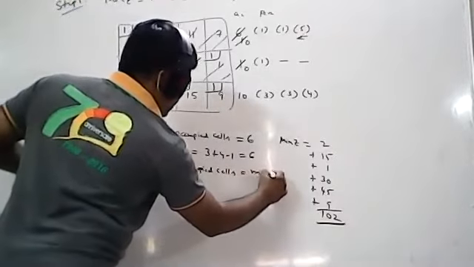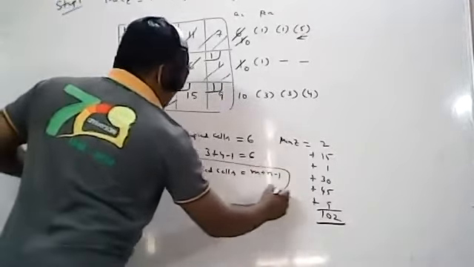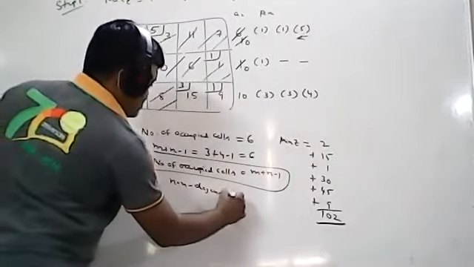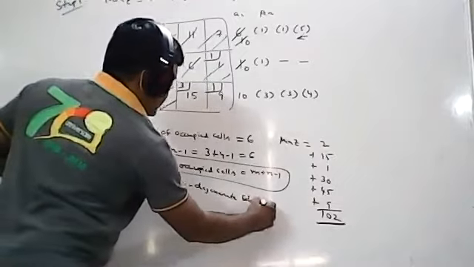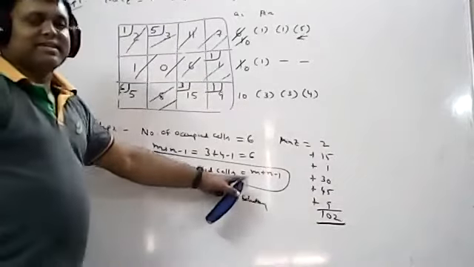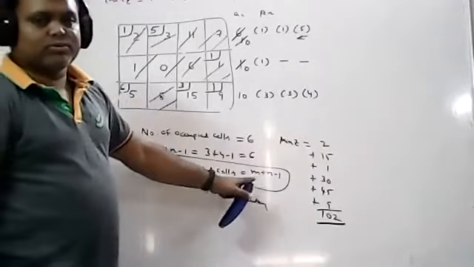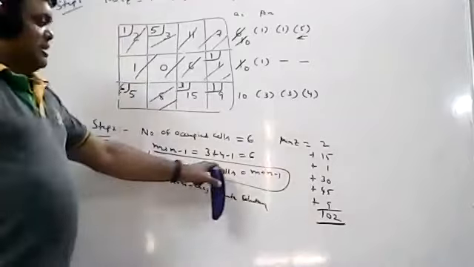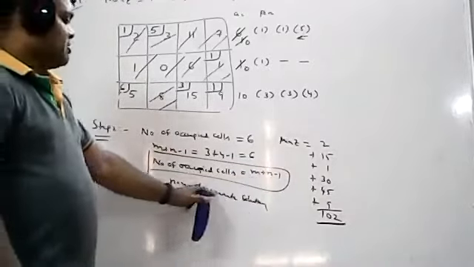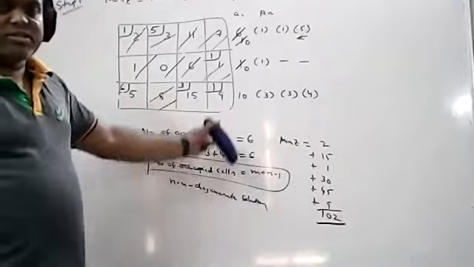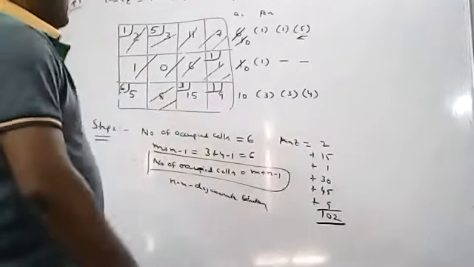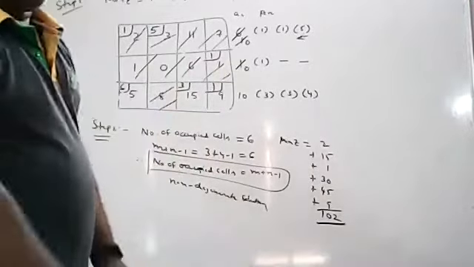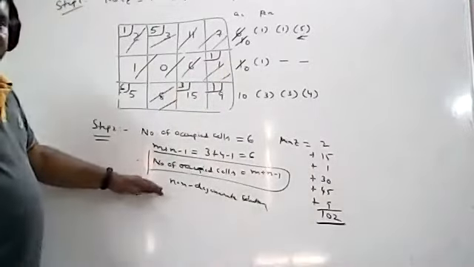So the number of occupied cells equals m plus n minus 1. Whenever it is equal, it is called a non-degenerate solution. If it is less than, degeneracy exists. Degeneracy exists means you know how to solve the degeneracy, as I have already done. In this case, equal means you can go to the next step. That means you can go to step number 3. Now the procedure will vary from step number 3 onwards. I hope all of you understood up to this.